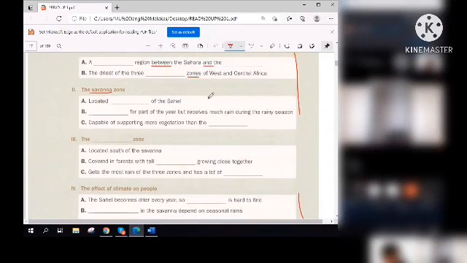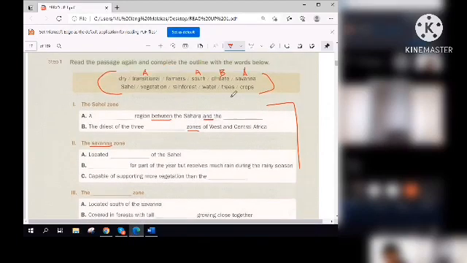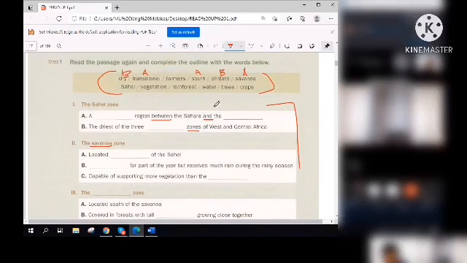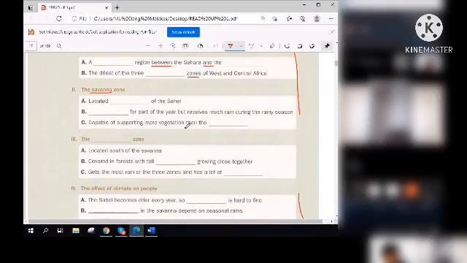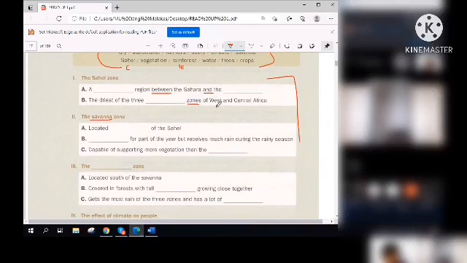Next one. Letter B, blank for part. Dry. Very good. Letter C, vegetation than the Sahel. Very good. Part 3, the blank zone. Rainforest. Very good. Next, covered in forest with tall blank growing close together.